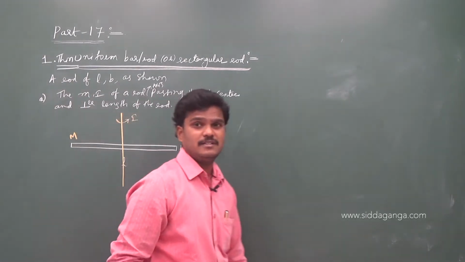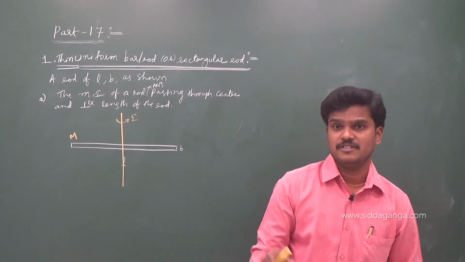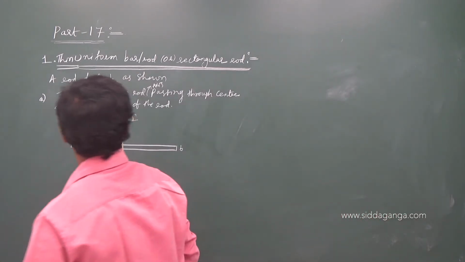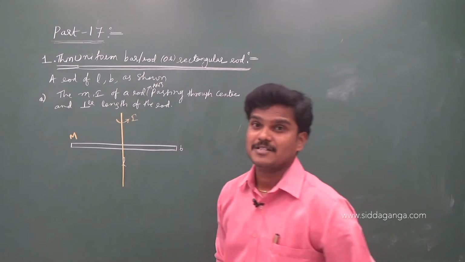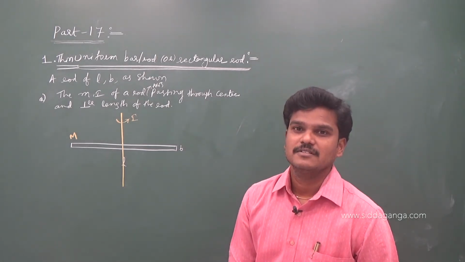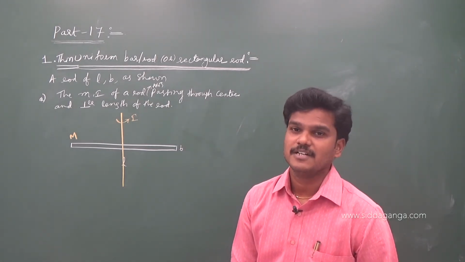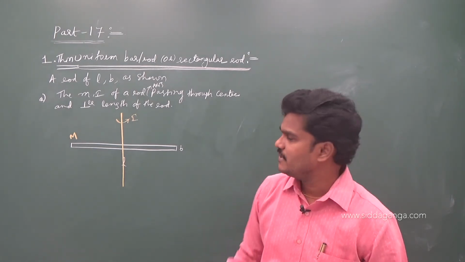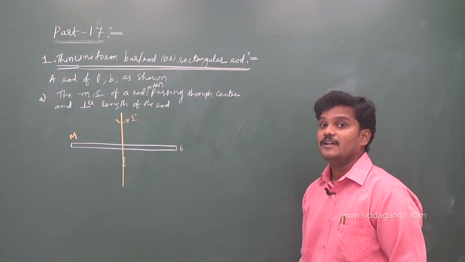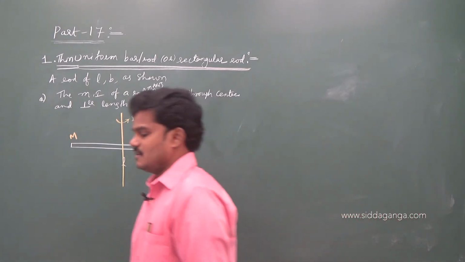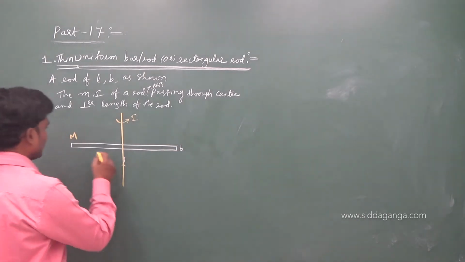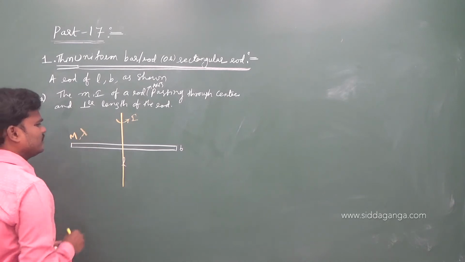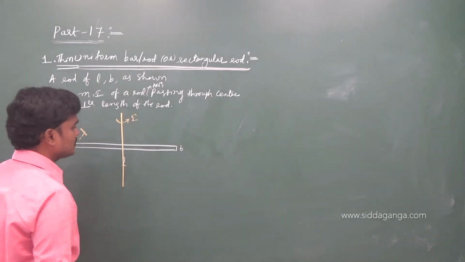And you know already that different objects have different densities: lambda, sigma, rho. Remember lambda, sigma, rho. What is lambda? Mass per length, linear mass. Sigma, mass per area. Rho, mass per volume. Is it a linear object or an areal object? Linear object. So it will have some lambda value. Lambda is the mass per unit length.